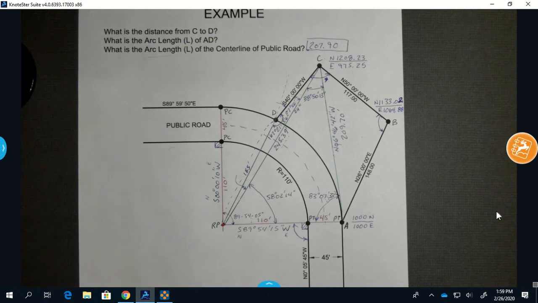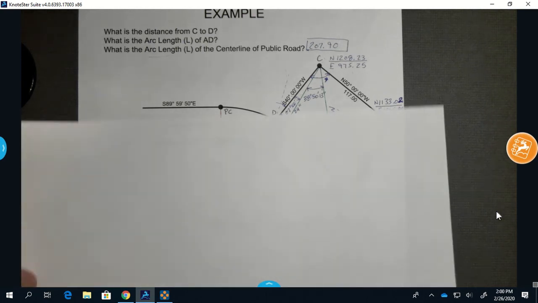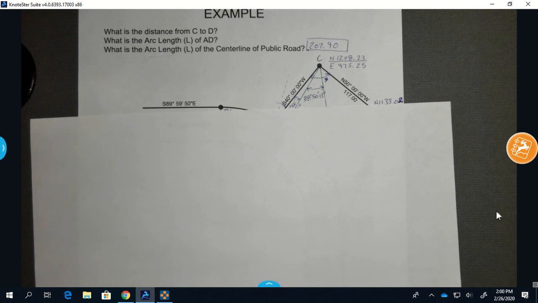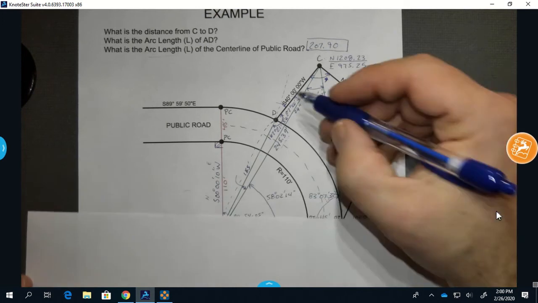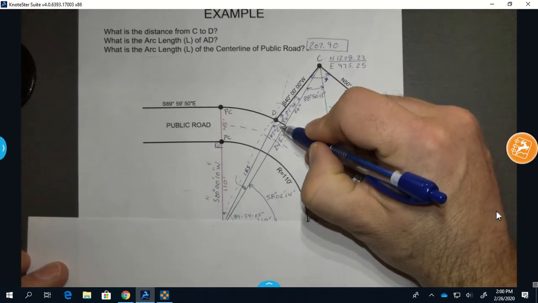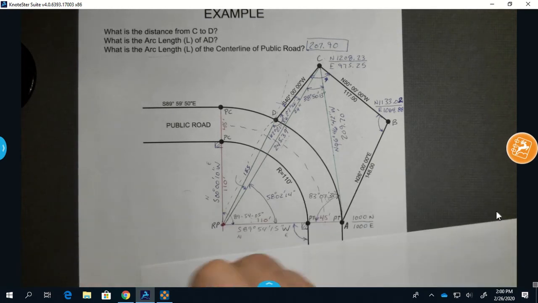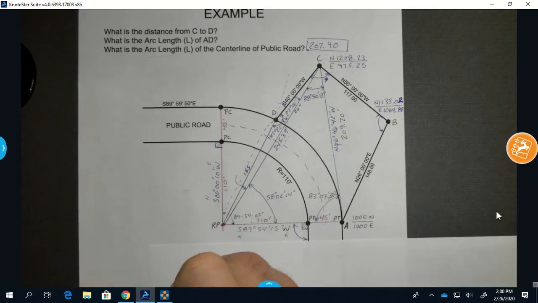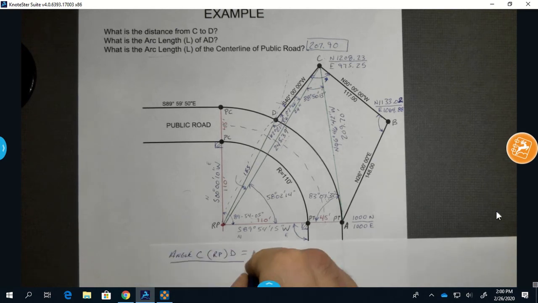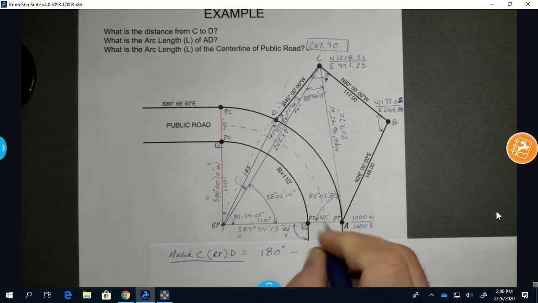All right, so let's figure that one out. I'm gonna start on a new piece of paper. In order to figure that one out, we just basically add this angle plus this angle and subtract them from 180. Okay, so we're looking for angle CRPD. So all I need to do is go 180 minus